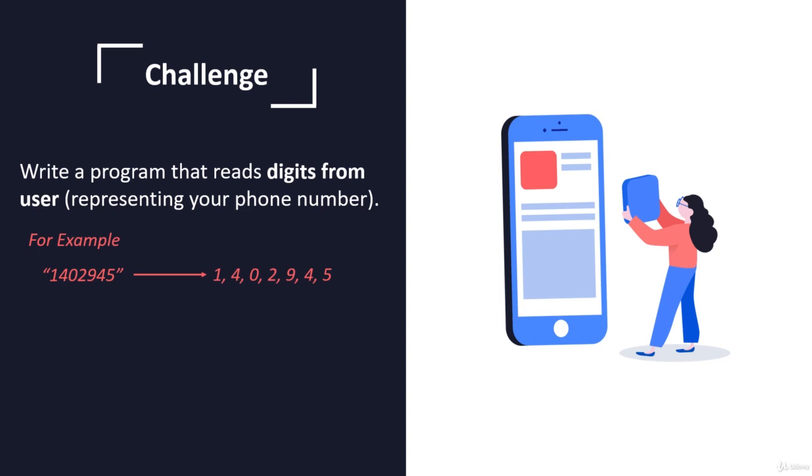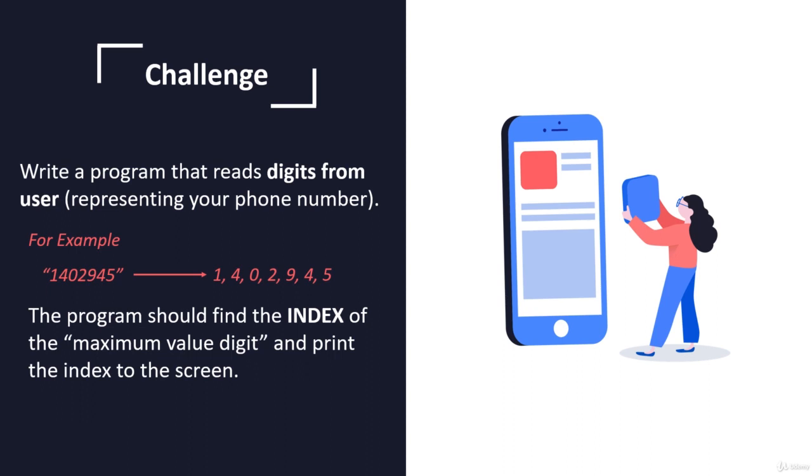And also another change is that instead of finding the maximum value like we've done in the previous challenge, we are going to find and print the index, the actual location of the maximum value in this given array. So we are not interested in the value itself, like in this example is just 9, but rather we are interested in its location, where it resides within this array, its index, which in this case will be just 4,